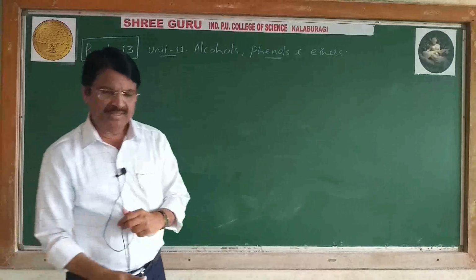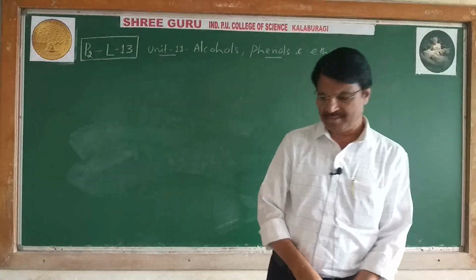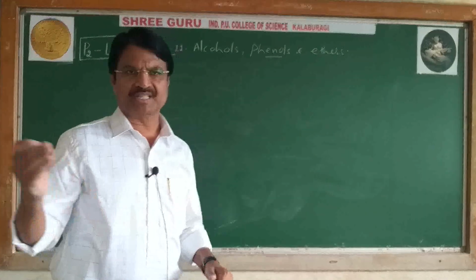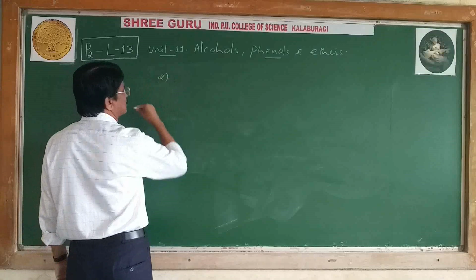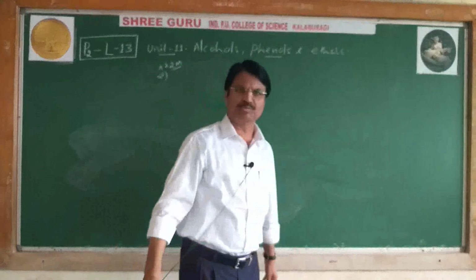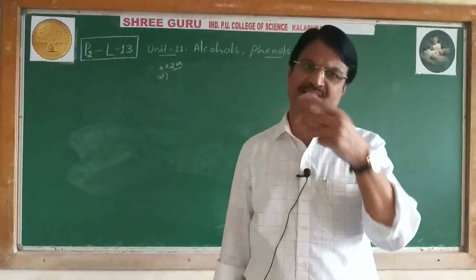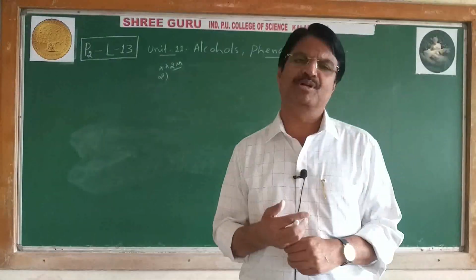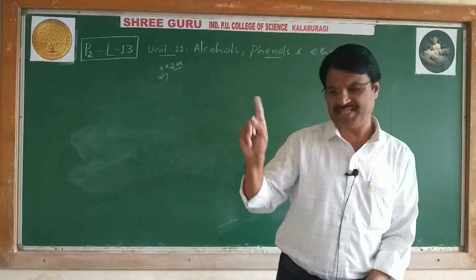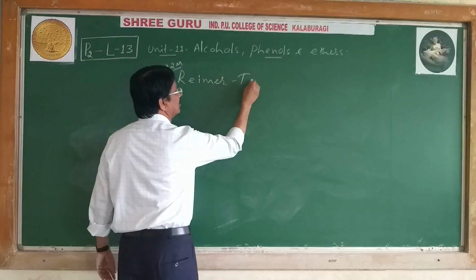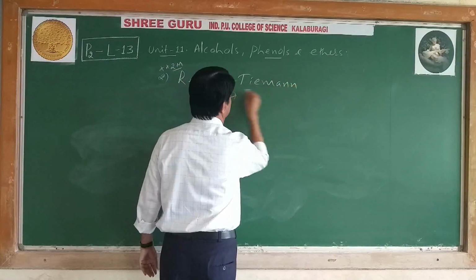Yes, this is about Kolbe's reaction or Kolbe-Schmitt reaction. Similarly, we can study one more reaction that is called the Reimer-Tiemann reaction. It is also important. First, Kolbe's reaction also carries 2 marks. It appeared in annual exam and supplementary papers. You can refer to previous year papers. You will come to know these 2 reactions are very important: Kolbe's reaction and Reimer-Tiemann reaction. Practice both the reactions well. Okay. Now, Reimer-Tiemann.